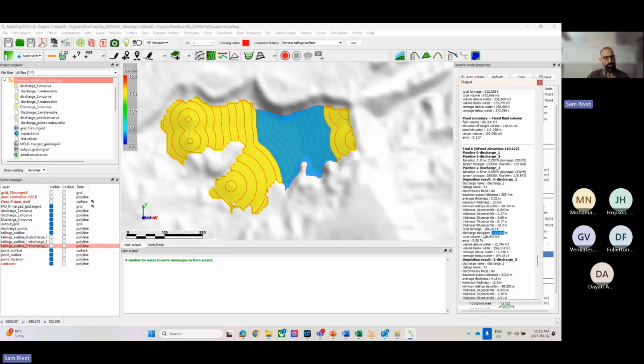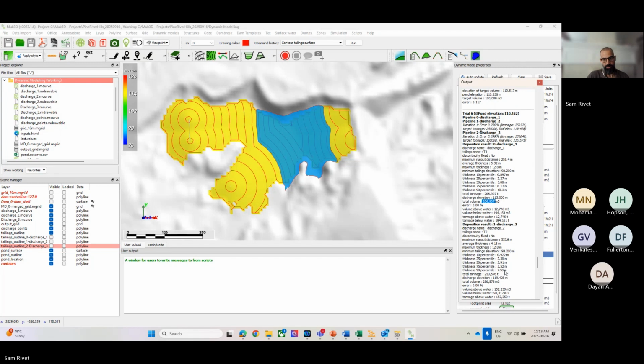Discharge elevation is the height of the beach at the deposition location. So 113. So it did build the beach up to 113, and then it ended up being 206,000 cubes. For location 2 here, it placed almost exactly 250,000 cubes within the error tolerance, and that ended up being a discharge location of